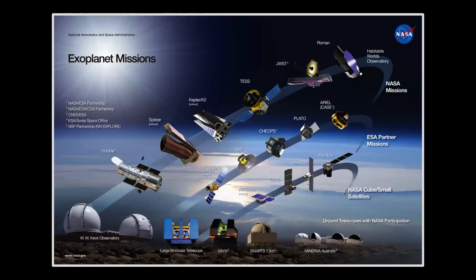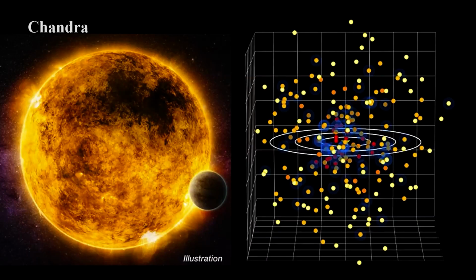This slide shows all of the exoplanet missions, past, present, currently operating, future. So as you can see, there are the missions that have ended, there are the missions that are still active, and there are those that will be launched, hopefully, in a timely manner. You can go to any of those missions if you want to know more about them. They're all really interesting.